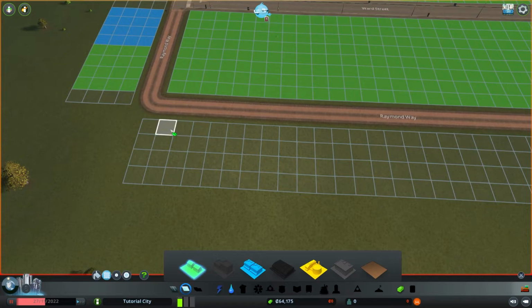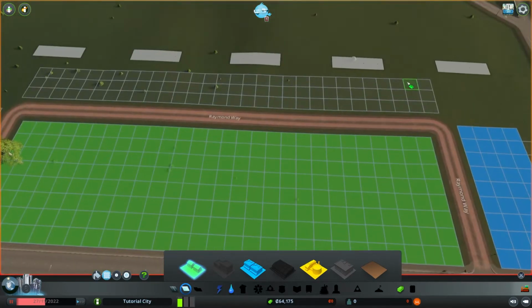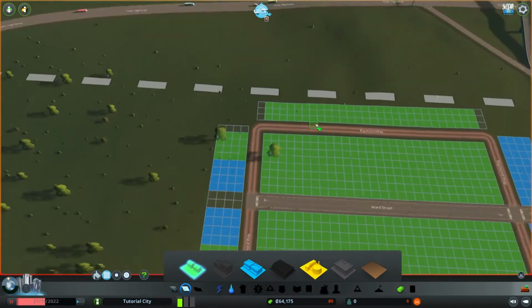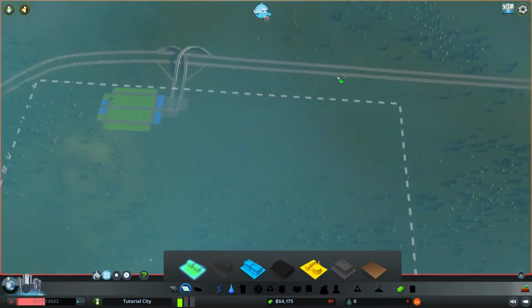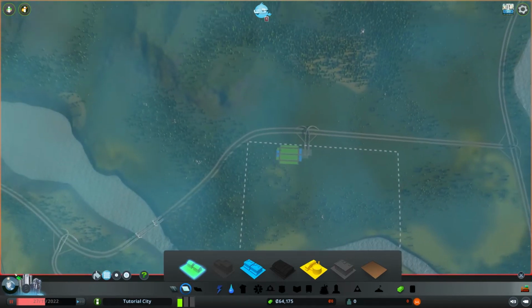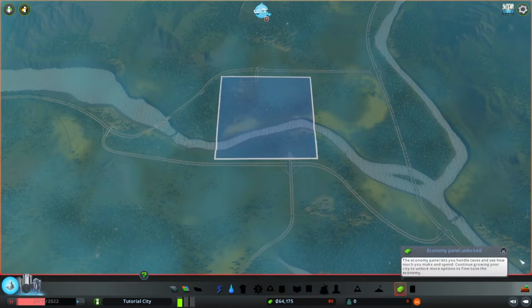We want to get as much residential out of this as we can before we run out. Now here, I'm actually going to do the same thing, because you can see that we have this block section. That's all we can build in. But in the future, we'll be able to buy more sections as we unlock milestones,